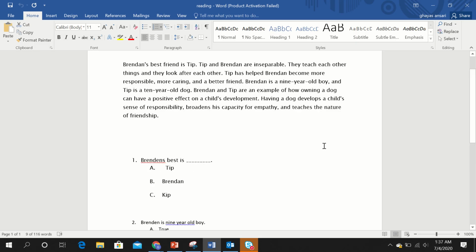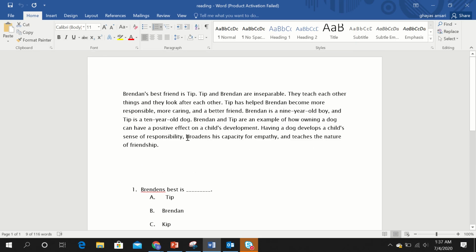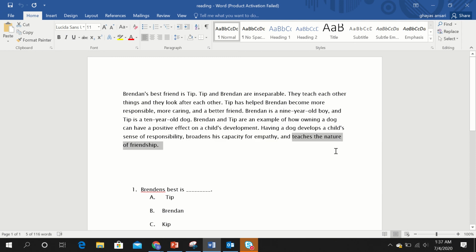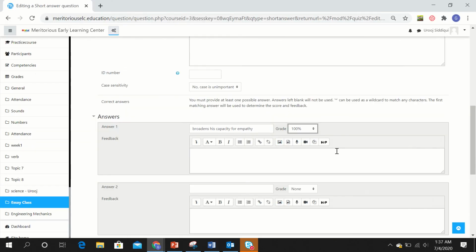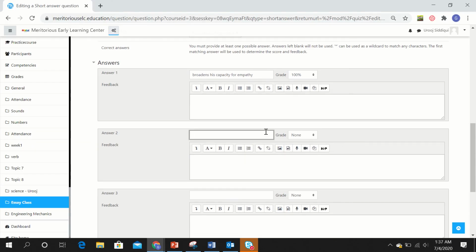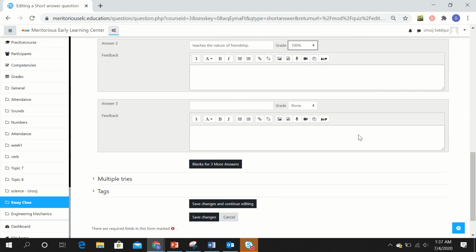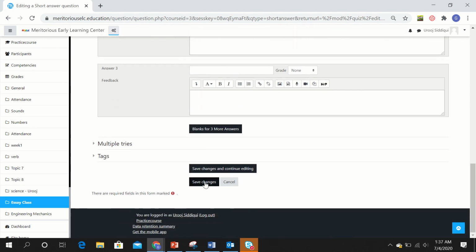I am going to provide two correct answers and assign 100% to both of them. So if the student answers any one of them, he'll get the marks. Let's save this one as well.